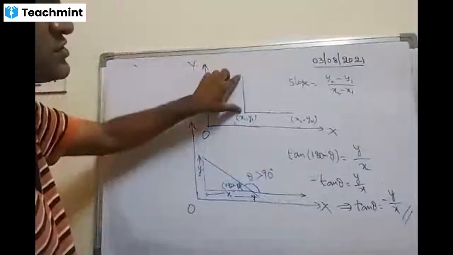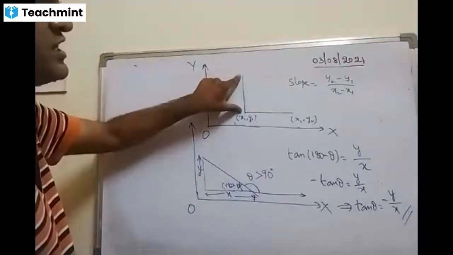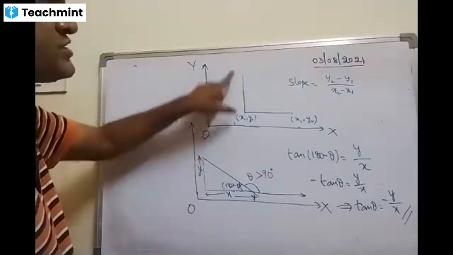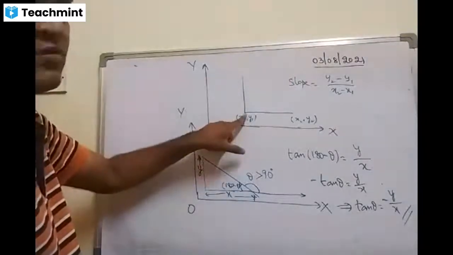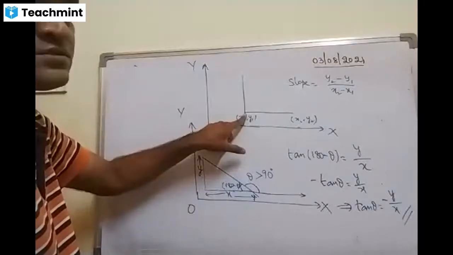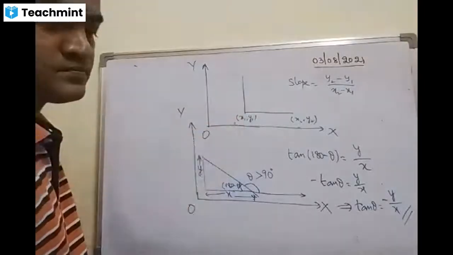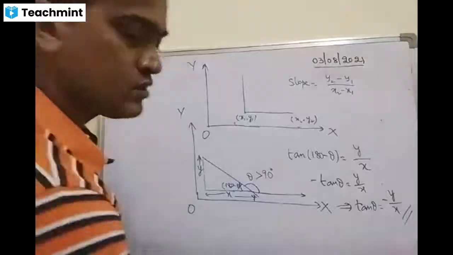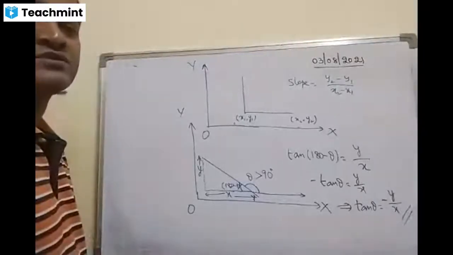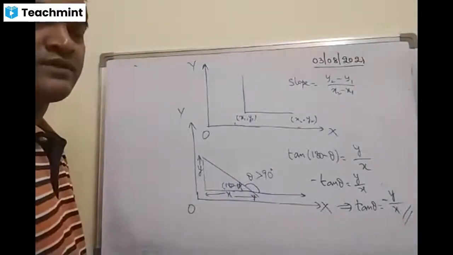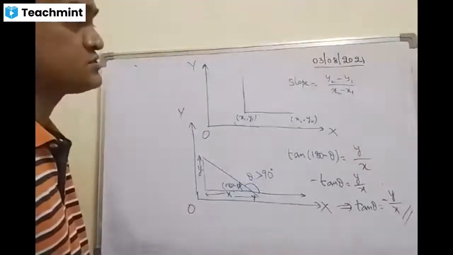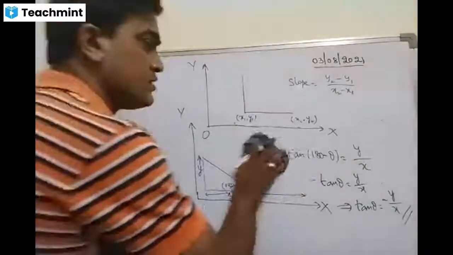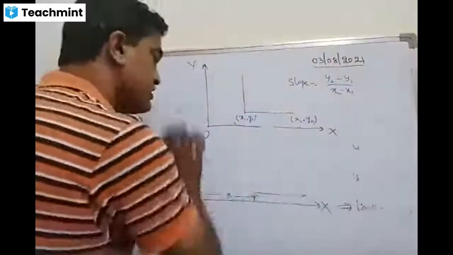Now for this, is there any change in y? Yes, sir, y changes. But at this point, what about x? Is there any change in x? It is constant, sir. Constant means what do we get? I think you should not get 0, you should get infinity. Why will you get infinity?